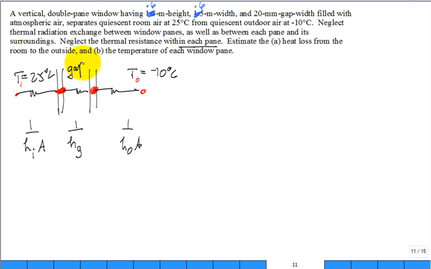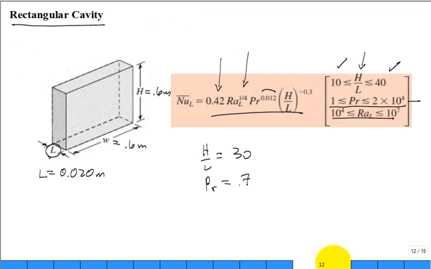This is a gap region, and then we'll have an area. Why don't we have 2 convection coefficients to move it from the pane into the air and then from the air to the next pane? Well, the engineers that developed these correlations said we're just going to have one convection coefficient that moves from one solid surface into the fluid all the way to the other solid surface. So that may be a conceptual sticking point when you first read it, right? So it's 1 over HA to go from the solid